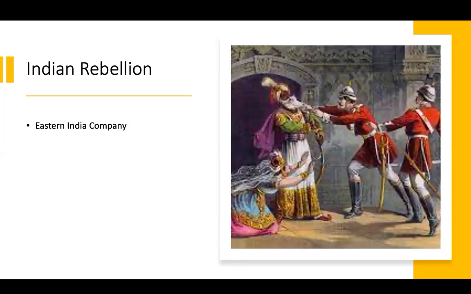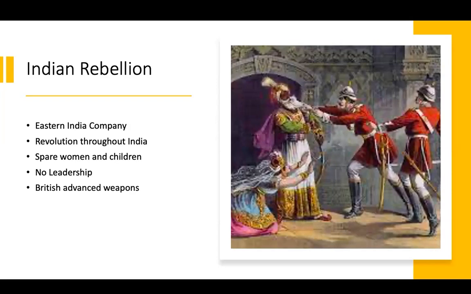So the revolution spread throughout the whole of India, and the Muslims were sparing women and children, right? They were only fighting the soldiers. This is what Islam teaches, right? We have to have mercy, and even in case of wars, you only fight those who are fighting you, okay? Unfortunately, the rebellion didn't have good, or actually wise, leadership, because the British were so strong then,